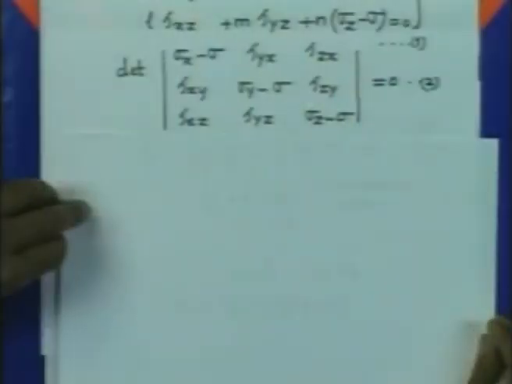So, we have seen that the equation number 2 can be written in tensor form like this. If we go back to the original form of equation 2, this can be expanded and we will get an equation in sigma which is of this form